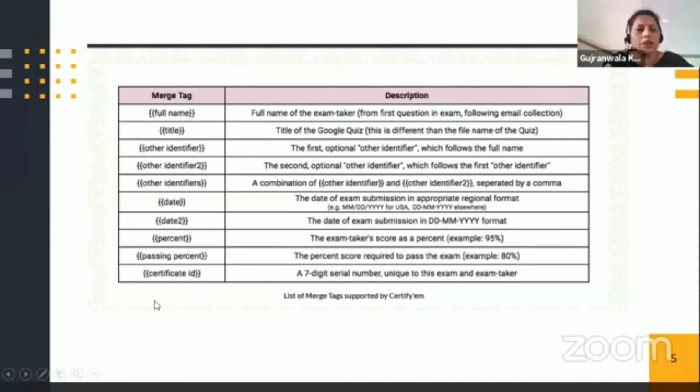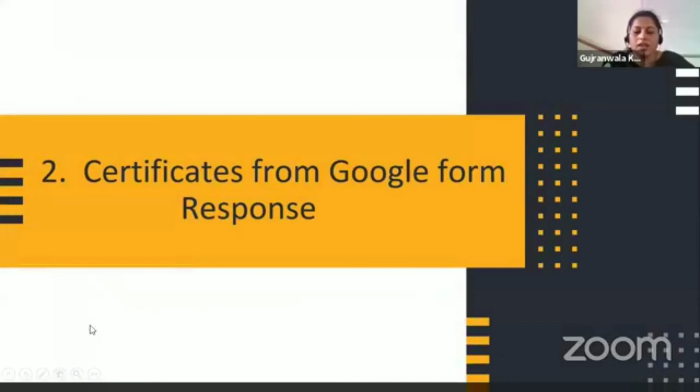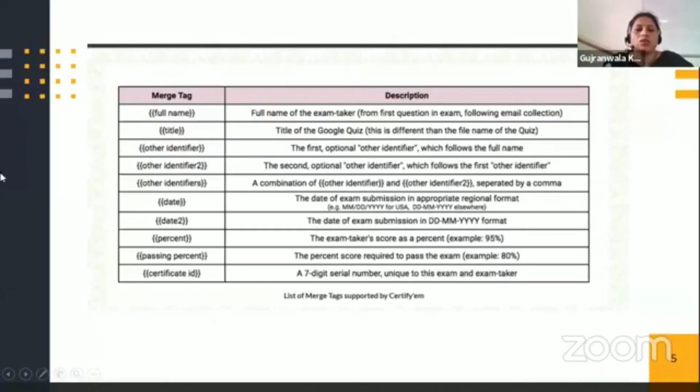Whatever ID will be auto-generated. If you want every certificate to contain a certificate ID, then just insert this particular thing in your certificate. So you can use it and make your certificates more attractive and more purposeful.